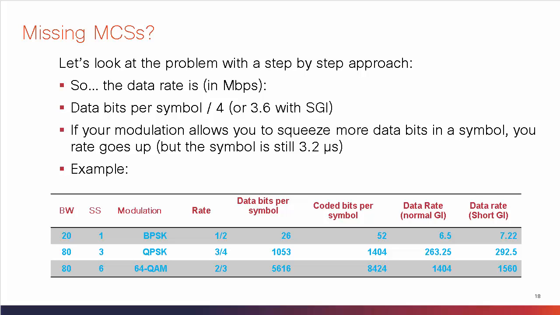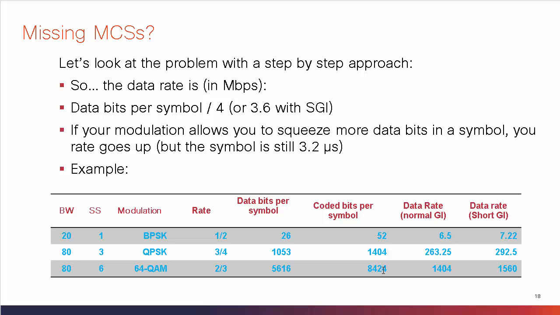So of course it gets a bit more complex as you go through more complex modulations, and that's why you see, for example, at the bottom, we say if you're looking at 64 QAM on an 80 MHz wide transmission with 6 spatial streams, the duration of the symbol is still 3.2 microseconds. So how many bits can you squeeze in 3.2 microseconds duration if you use 6 streams, 80 MHz and 64 QAM? Well, you're going to send